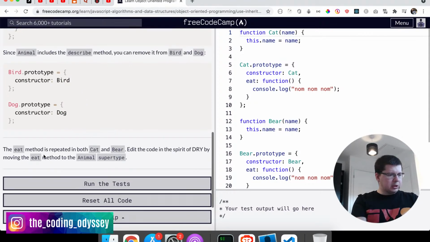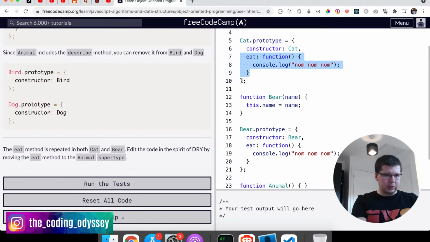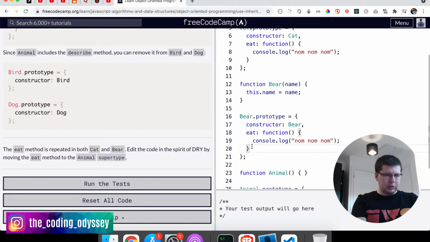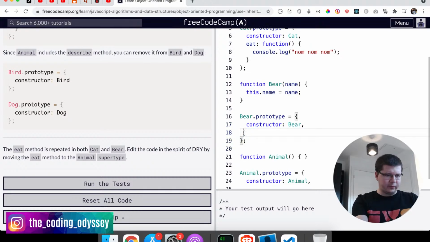So here it says the id method is repeated in both cat and bear. Edit the code in the spirit of DRY by moving the id method to the animal supertype. So as you can see here, we have a function Cat like this. Then we have the Cat prototype, which has the id, right? And then the same for the Bear, you have the same, right? So what you want to do is just move this function